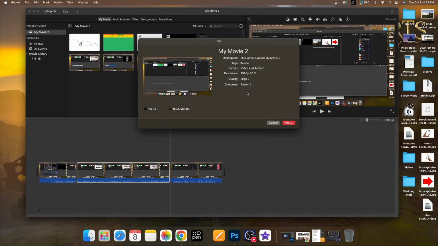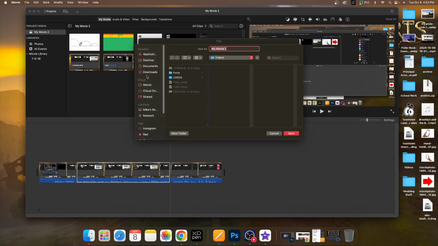And this is just some basic information about your actual video, if it's the format and the quality and the resolution. So you just want to go from this point. If everything here is standard for you, just hit next, and then you just want to kind of pick a